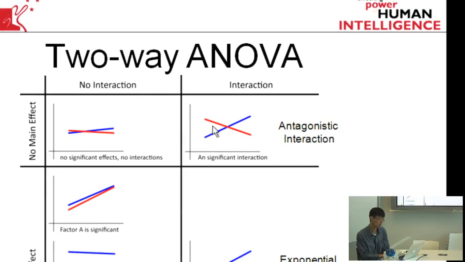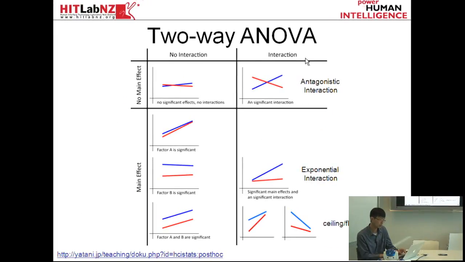And if you look at the left side independently, definitely there is a difference between the male and female. And if you look at the right side separately, then you can see there is a difference between the gender again. So in this case, you shouldn't conclude